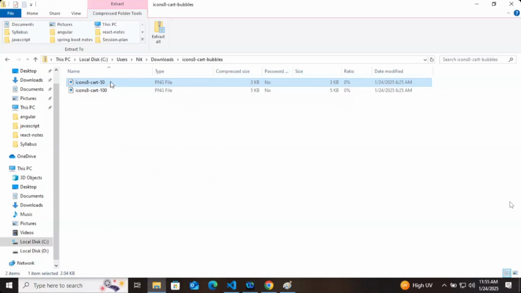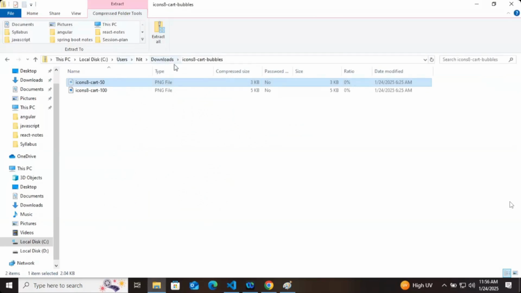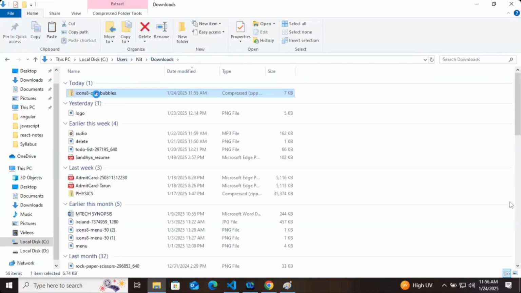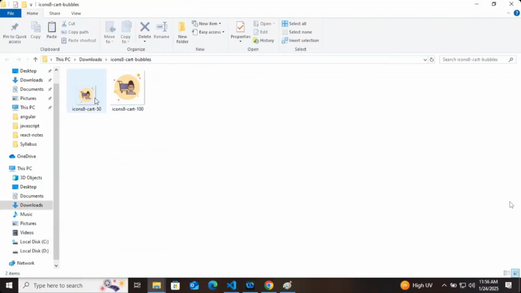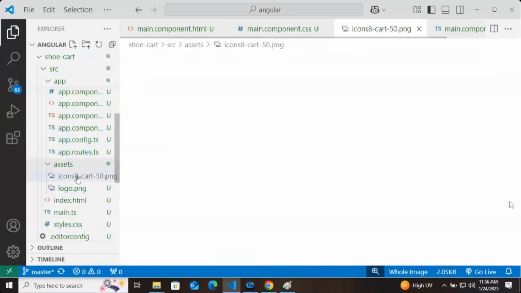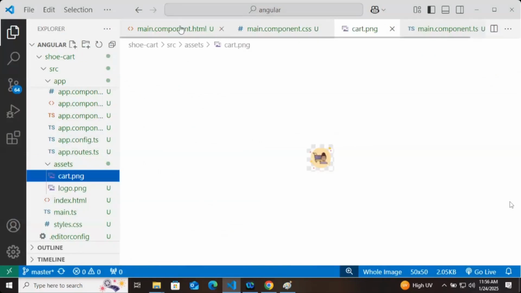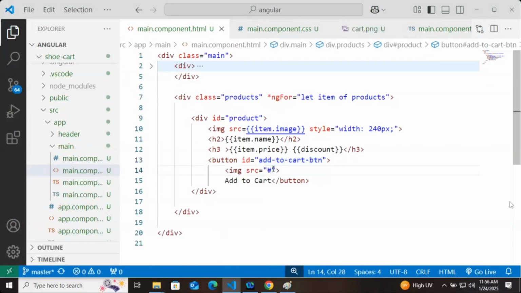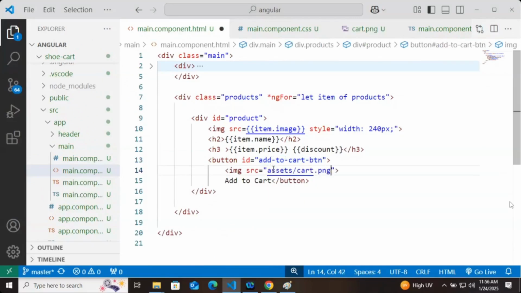Wait, I'll copy paste. And I will name it as cart.png. Let's try to write the actual source. So assets slash cart dot png,